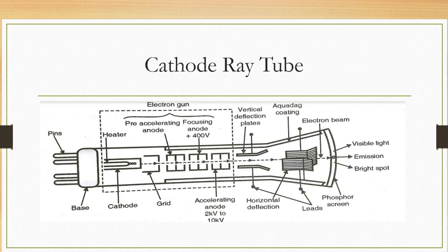Now let's have a look at the control grid. If you see here, this is a grid, also called the control grid. Now what is the use of this grid? Once the beam is emitted from the cathode, it passes through a small hole in the control grid. This control grid, which has a small hole over here, is again cylindrical in nature and made up of nickel material. Just note down that this grid is made up of nickel material.